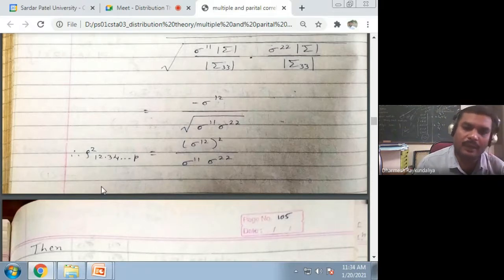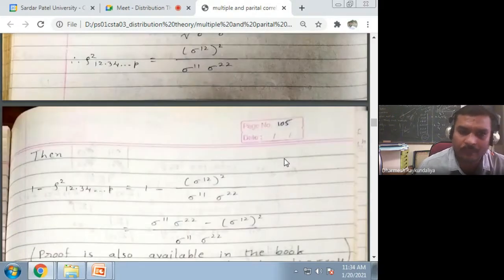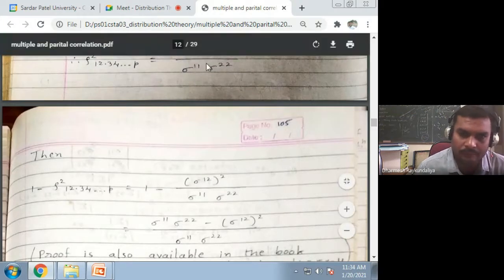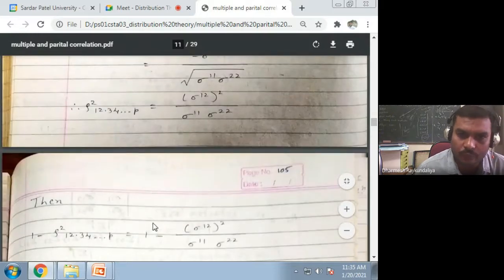So if you take the square, it is nothing but rho square 1 2.34...p is equal to sigma 1 2 inverse square divided by sigma 1 1 inverse sigma 2 2 inverse. So if you take 1 minus, what happens? You can write this as 1 minus this quantity. Now you take this inside, so it is sigma 1 1 sigma 2 2 minus sigma 1 2 whole square divided by sigma 1 1 sigma 2 2 square. Okay, so this is another way to show the partial correlation between the